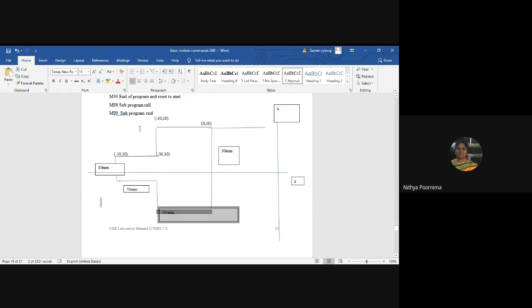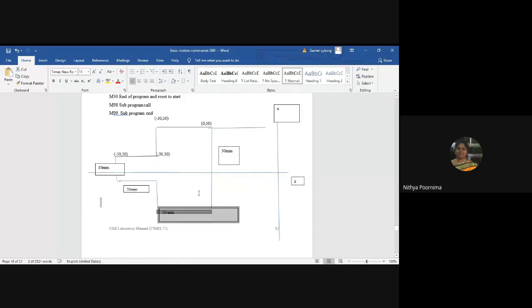So what you're going to do is first remove this block of material, bring the tool from here, and then by doing so you can see up to 20 mm this entire operation would have reduced to 50, -50 comma 10. Am I clear with this sketch? You can copy down this sketch, and for the same thing we are going to write a program.